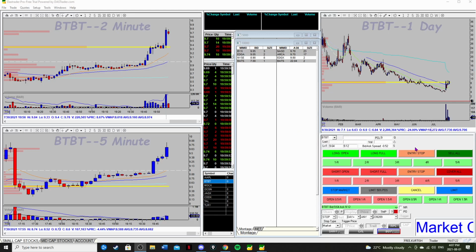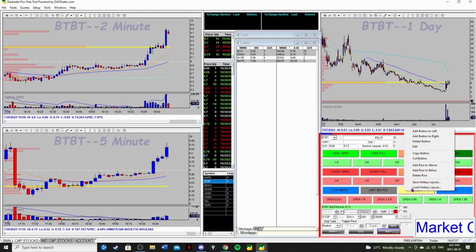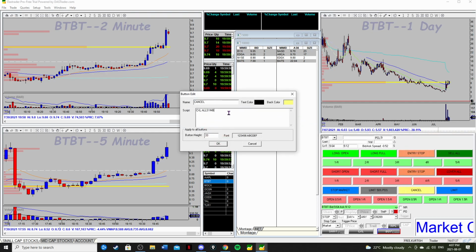We left off with some pretty basic hotkeys. So I've switched over to a different screen. This one is actually the screen I normally buy off, and you can see I have a whole bunch of buttons, and these are called hot buttons. So these all have scripts inside them. The scripts we've already made before in the previous videos, and I've just copied and pasted them and I've put